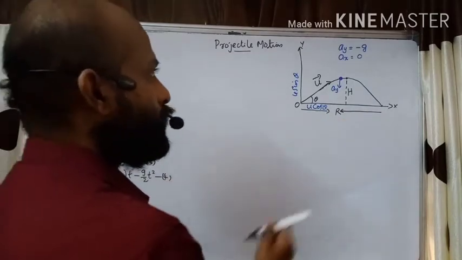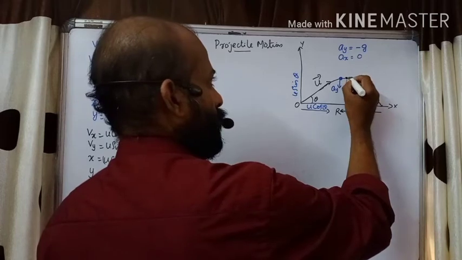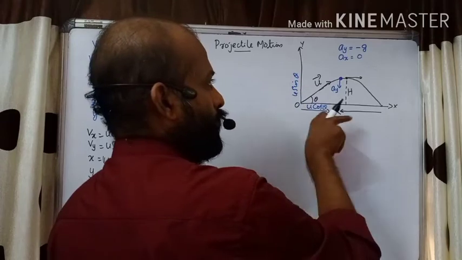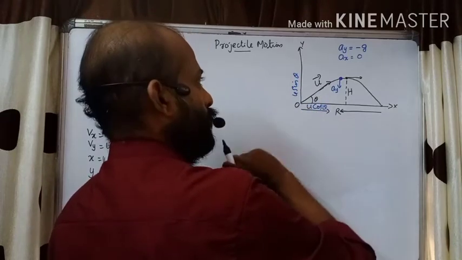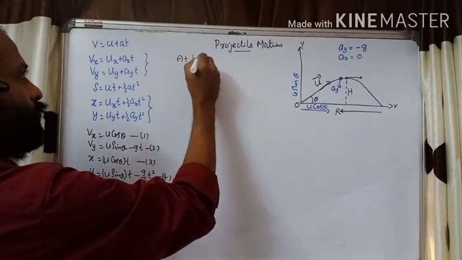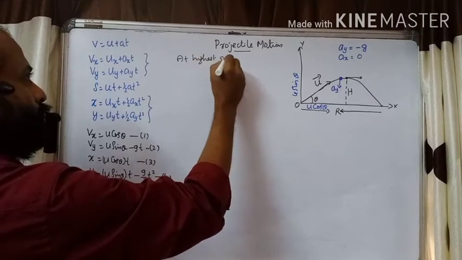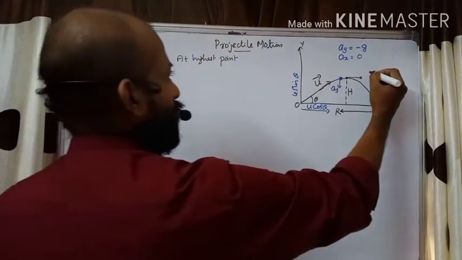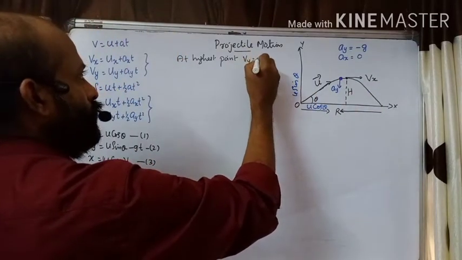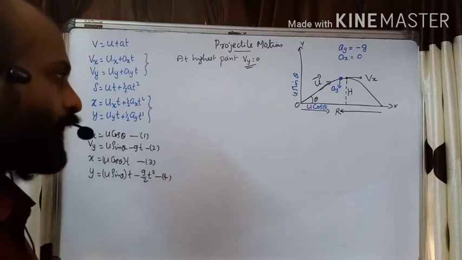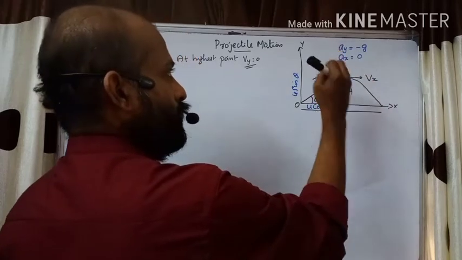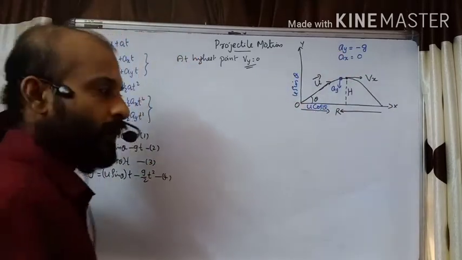Now what we will do is, at the highest point of the projectile, the projectile has a horizontal orientation. This is the position of the projectile. So it has only an x component of velocity, no y component. At the highest point it is only Vx. What is Vy? Vy will be 0. The y component of velocity is 0, because at the highest point the projectile turns horizontal like this, then it will start to turn downwards. At the highest point Vx is there, but there is no Vy.